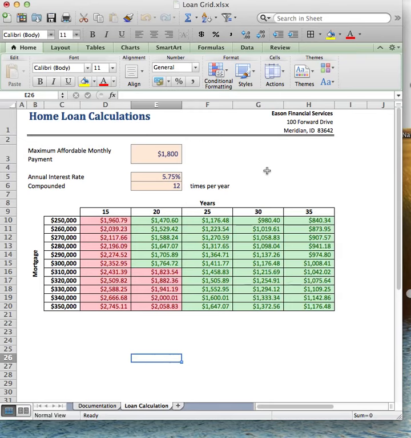So the final question was, is there a loan amount that can be repaid within 20 years that is under the maximum or equal to the maximum affordable monthly payment? And the answer is yes. There's several. Loans between $250,000 and $300,000 can be repaid in 20 years for less than the $1,800 affordable monthly amount. I had a little trouble with the formula until I remembered my